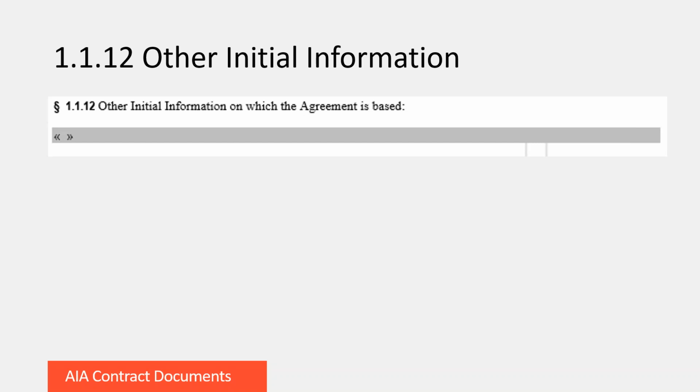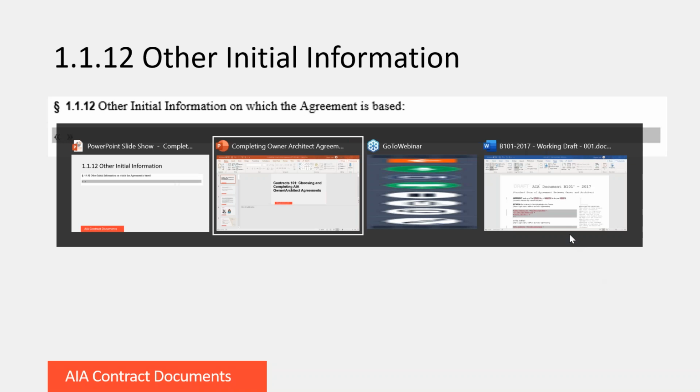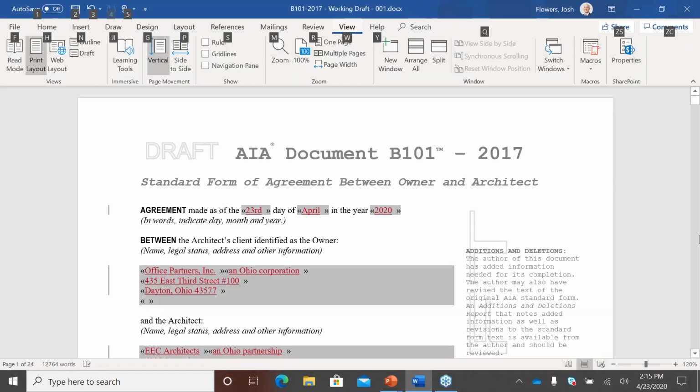So before we move on, we've gone through some of the areas that will need to be completed, and we want to take a look at an example document so we can see how this would look if you were actually filling one out. So we've prepared a form just going through and filling in for an example project. And some of the things you may want to refer to if you're doing this yourself, AIA does provide resources on the website. There are instructions for a lot of the documents if you're preparing these. Some of them have commentary available that may provide more information if you have questions about some of the fields